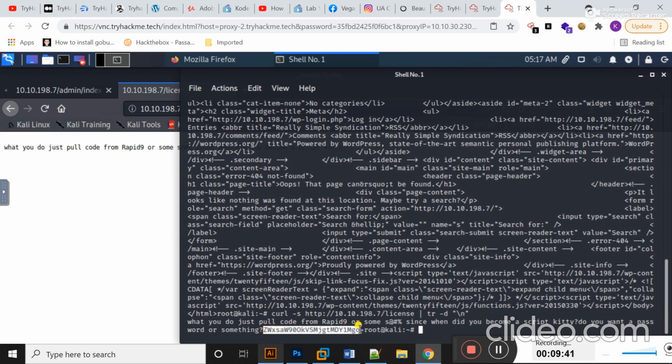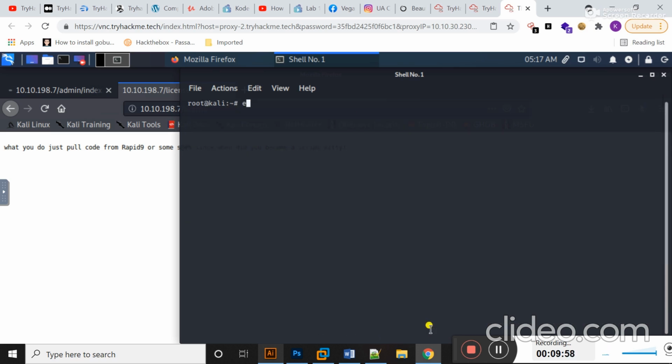Let's try to decode this information. I'm going to copy this, and now I type here echo, inverted commas, this information, and then base64 -d, and hit enter.